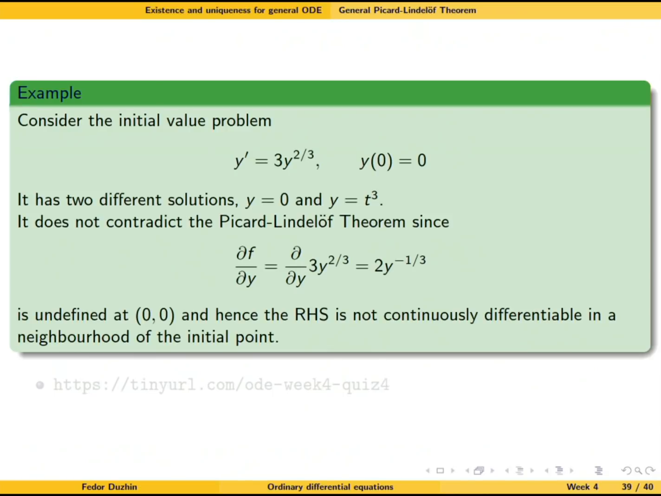Well, the reason why it happened is because the partial derivative of the right hand side with respect to y is undefined at the given point, which means that the right hand side is not continuously differentiable in a neighborhood of the initial point, and therefore the Picard-Lindelöf theorem is simply not applicable to this initial value problem. Okay, and here is a little quiz for you about